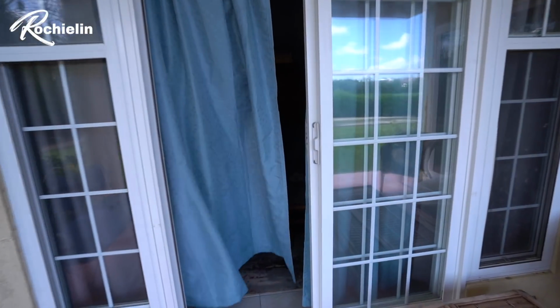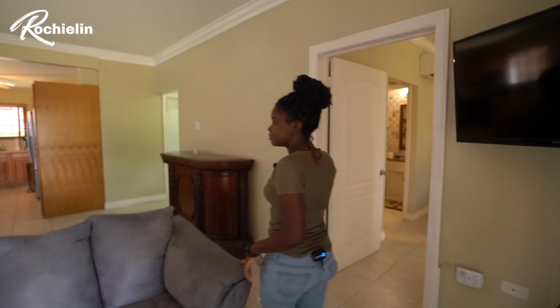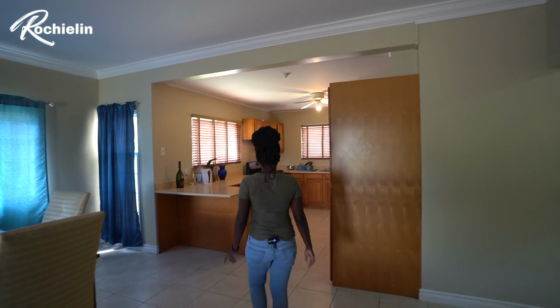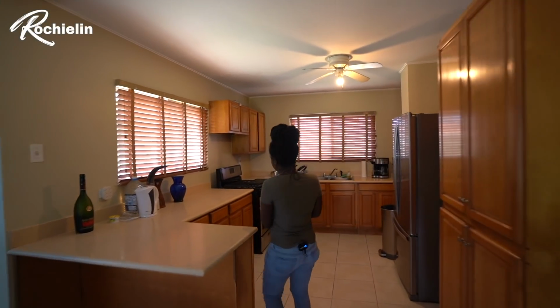Alright, so let's go back on the inside. And that's pretty much it. You've seen everything now, and as I mentioned before, this apartment is located in the community called the Lagoons. It's an upscale community here in